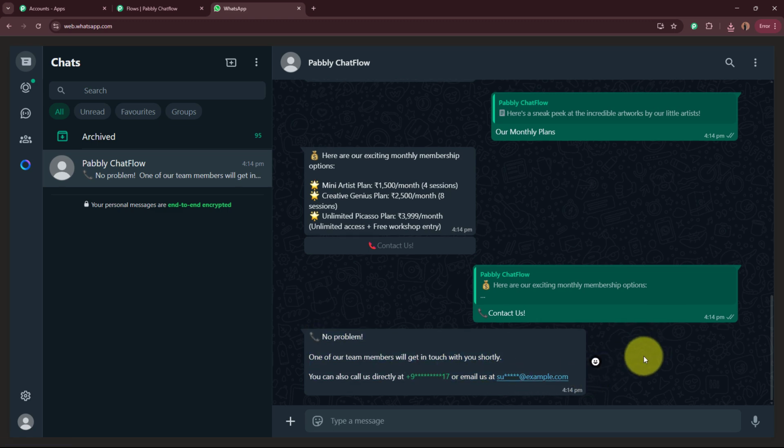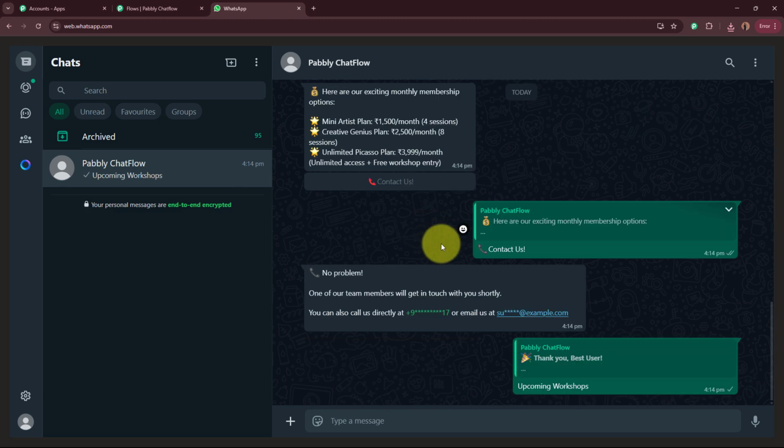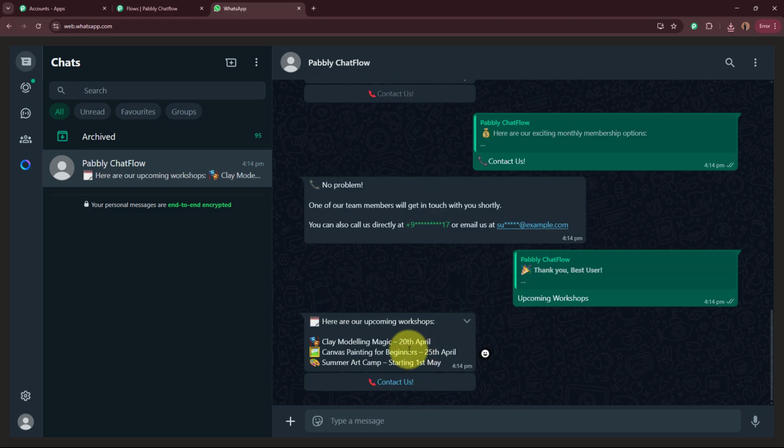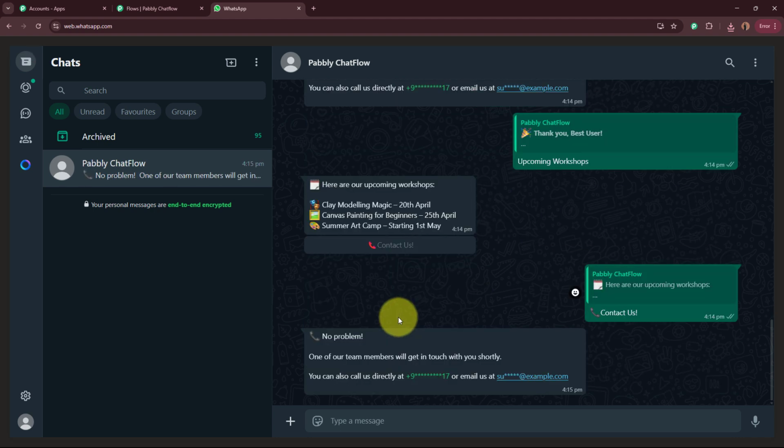of this studio. Okay. Now if I'm going to scroll back, you can see I have an option upcoming workshops. I'm going to select this option right here, and these are all the upcoming workshops you can see. Okay, you can see these are the upcoming workshops. There is a contact us button here as well. As I'm going to click on it, we have received the phone number and the email address message over here